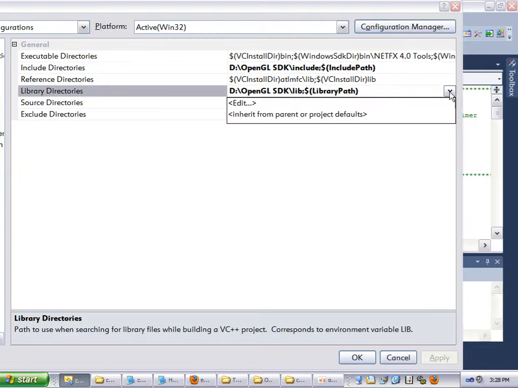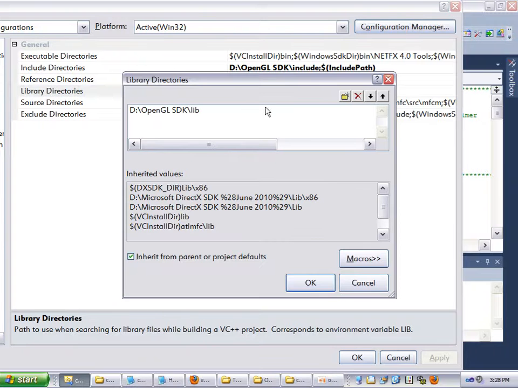Go to edit. And you go to the next blank space, you click on new. And then in your install directory,